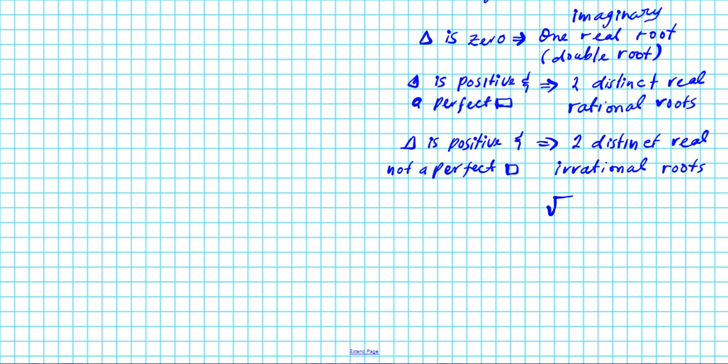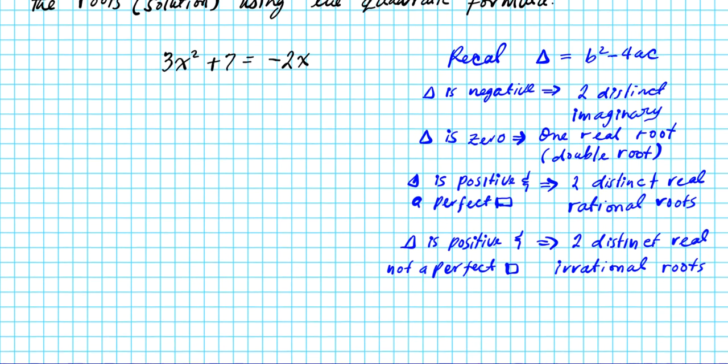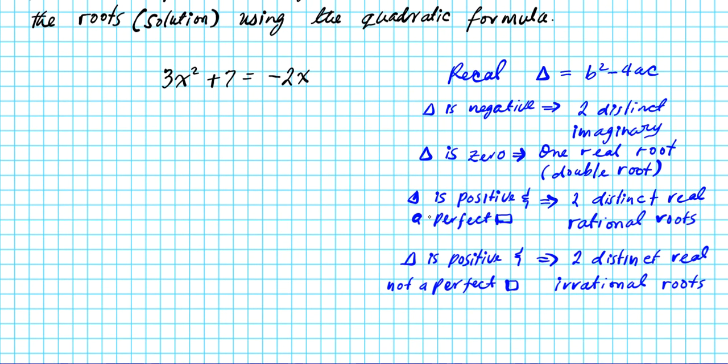For example, you have square root, something like this. Root 2 is irrational because it cannot be represented by the quotient of two integers. All right, but any number that can be represented as a fraction of two integers is a rational number. All right, so let's keep these four cases in mind, and let's take a look at the quadratic equation that